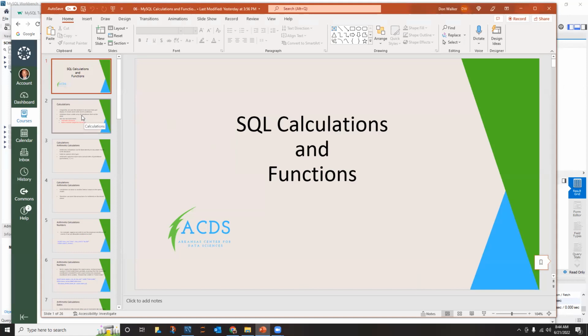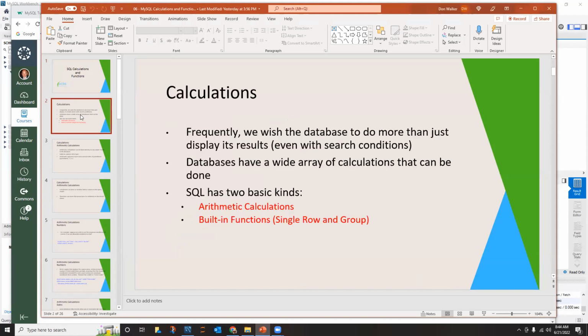SQL calculations and functions. Okay, so calculations are just like in Excel. Calculations are pretty straightforward. You are using mathematical operations to do something, but depending on how you look at the term, you can also use functions to calculate things. So we can do any number of mathematical calculations as long as they make